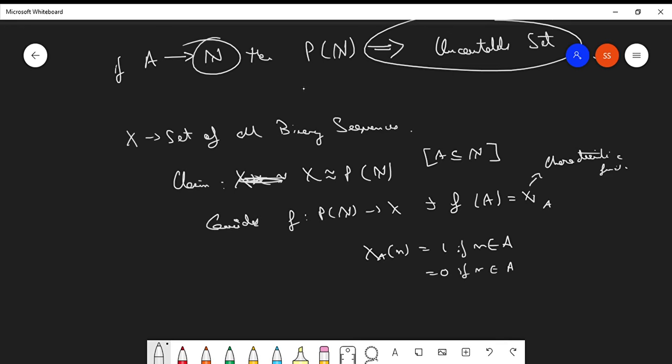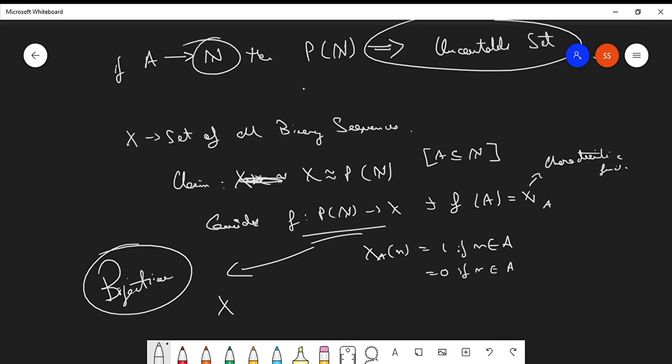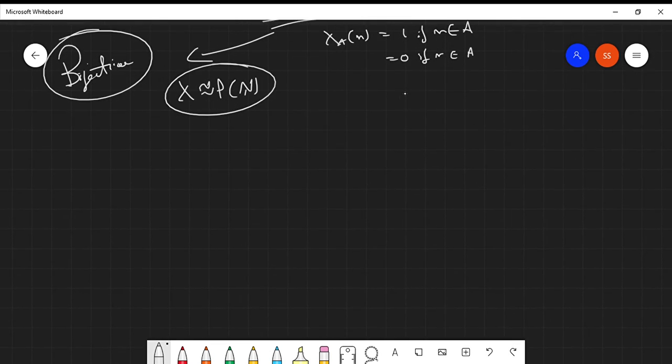Okay, you can easily show that this function is a bijective function, which basically means that X is numerically equivalent to the power set of the set of natural numbers. You have one more proof of this particular concept, which is given by the diagonal method. I'm not going to go deep into the diagonal method. It is kind of confusing, but you can easily refer to some book where you can get the diagonal method in detail. And now, why is this proof important, that the set of all binary sequences is uncountable?